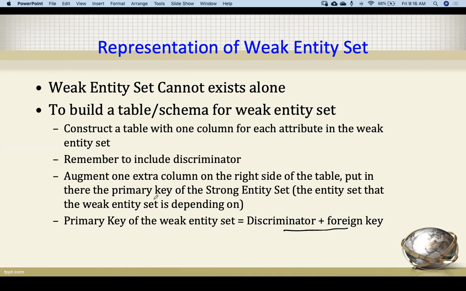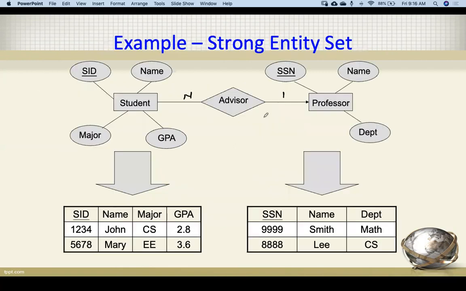So it is very simple. What it is saying is that if you are finding any weak entity set, then to convert it into a table, see, this is the strong entity set. So the conversion is very simple. Let's assume that the professor will be the weak entity set. So how can we represent the weak entity set? With a double rectangle, and there should be total participation. There should be two lines. So this is your weak entity set. A weak entity set doesn't have the primary key. It has only the discriminator. It should be visible like this.